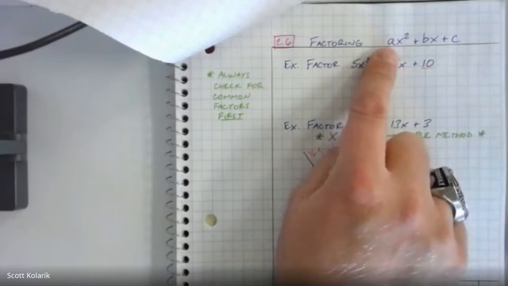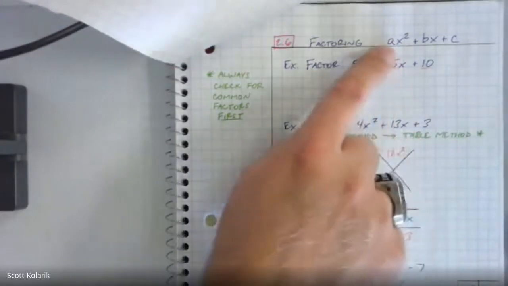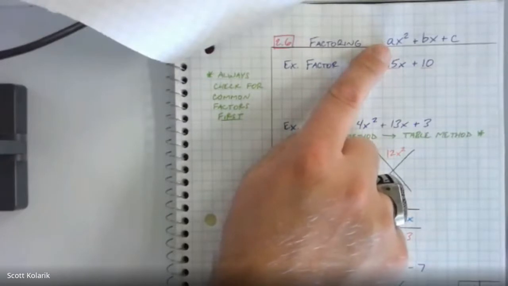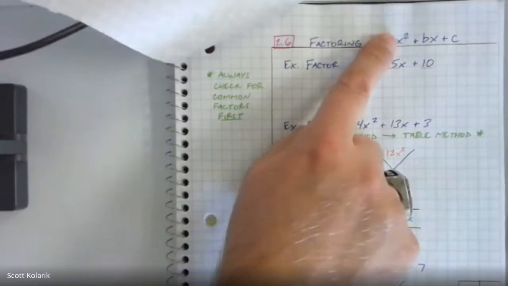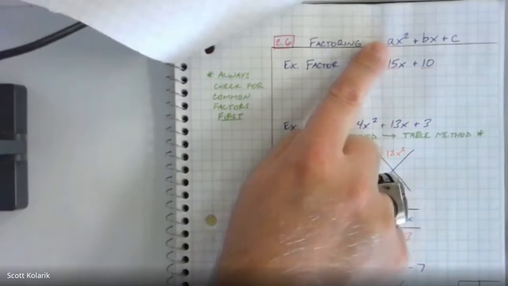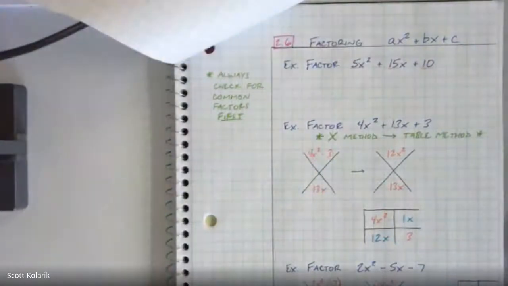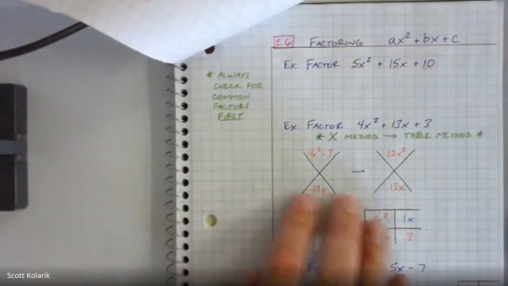The only difference between this one and section 5 is that now I have some leading coefficient other than 1. In section 5, it was just x squared plus bx plus c. In section 6, now there's some number in front other than 1. And because of that, we learned a new technique to factor that, and that technique involved this X